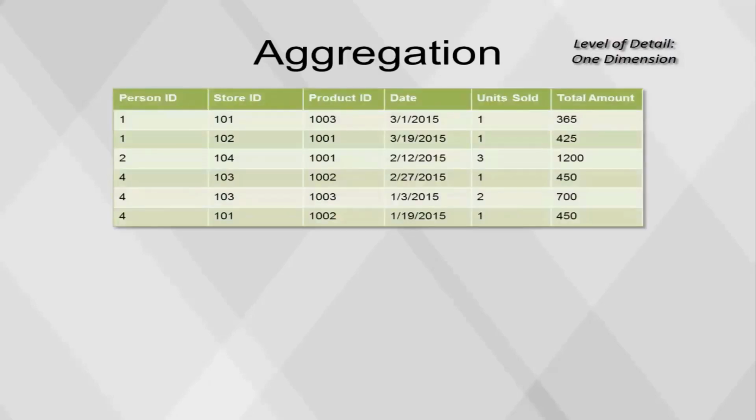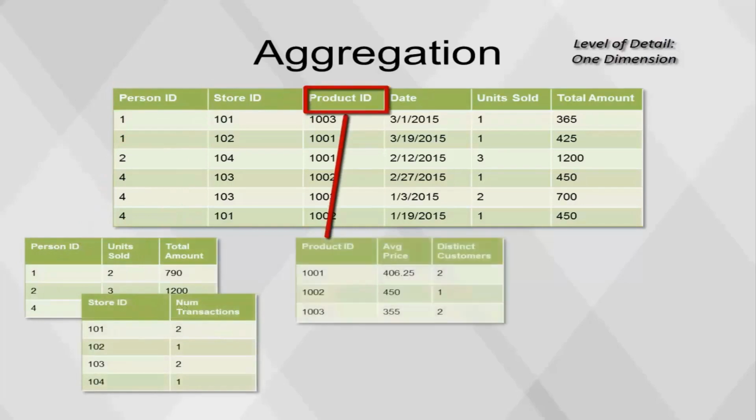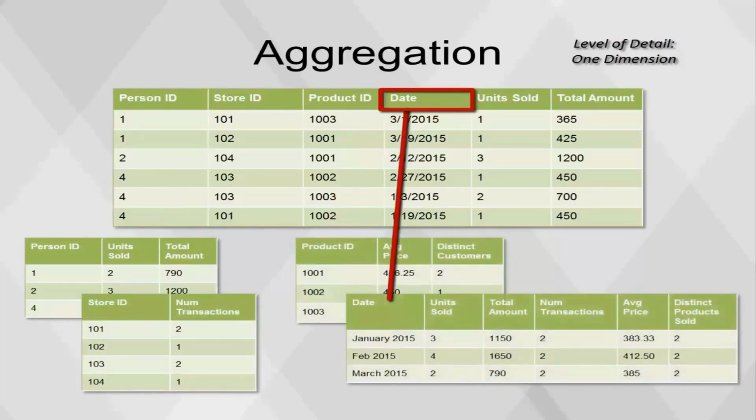The next questions are related to aggregating one dimension at a time and can be calculated in one step. For each of the questions, the original table is grouped by the dimension of interest, either the person ID, store ID, product ID, or date. For each value of the dimension chosen, calculations are performed using the measures, the number of rows, and the number of distinct IDs. A new data table is the result of these calculations. Notice that when grouping by a dimension, the dimension is sorted in the output.